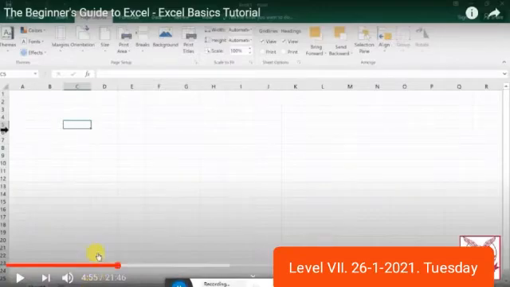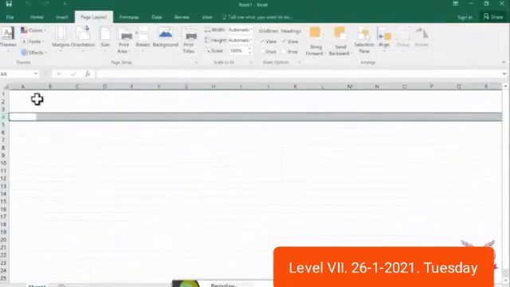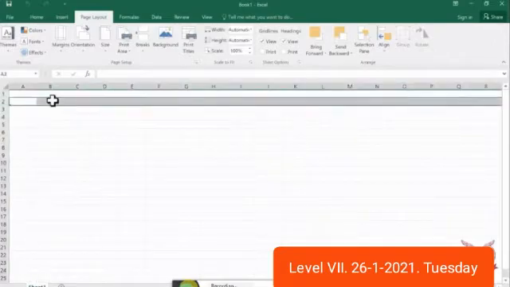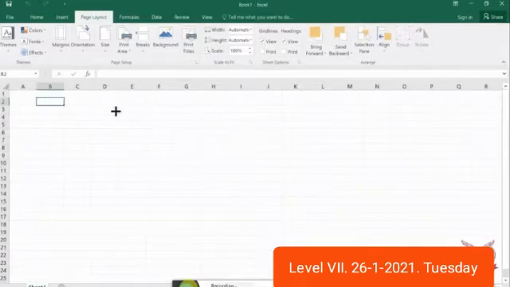Okay, the intersection of a row and a column is called a cell. Columns are always identified with letters, and rows are identified with numbers.